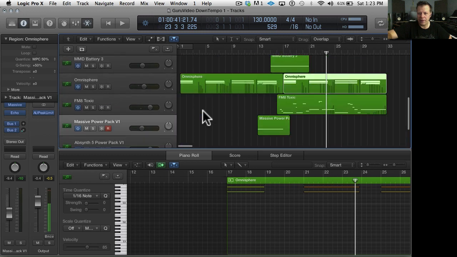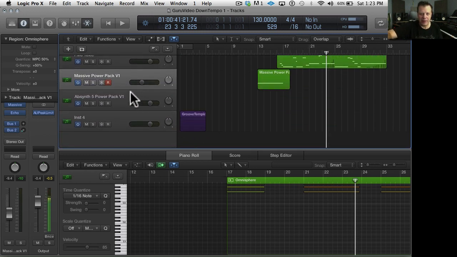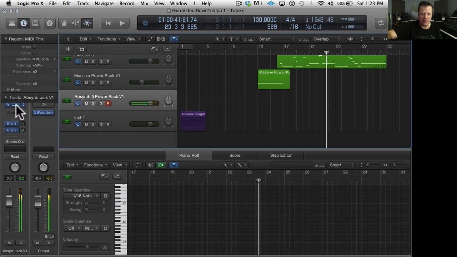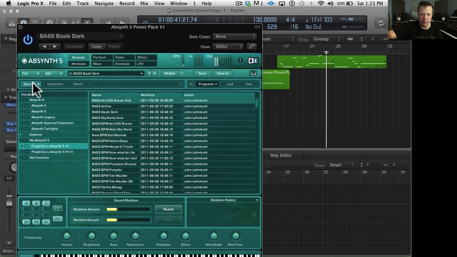That's kind of cool. Okay. I like it. I don't have to twist my arm. And here's the Absynth Power Pack. Let's take a look at this for a second. I love Airline. I was trying to think if I could use that.